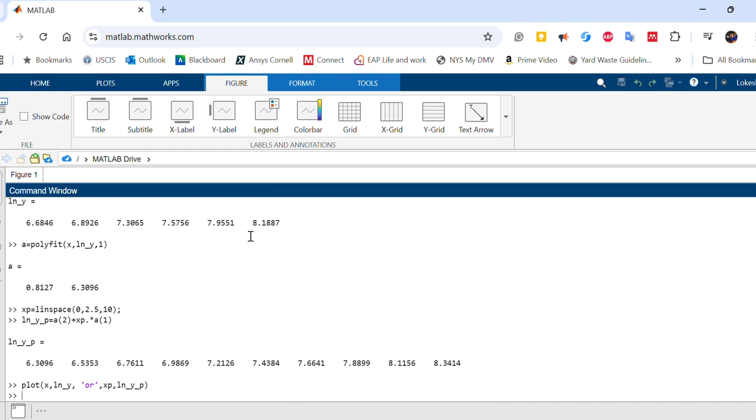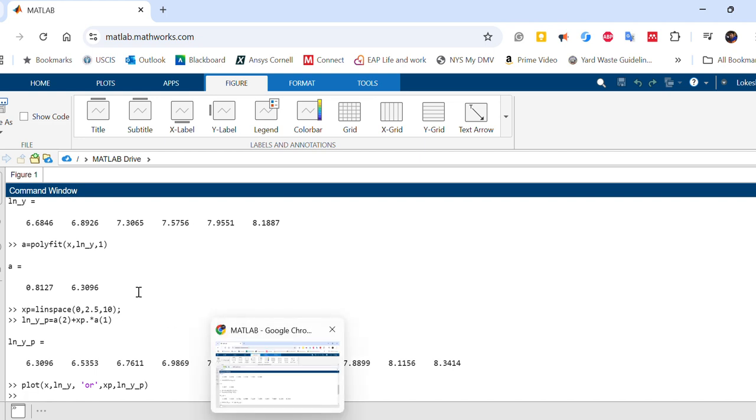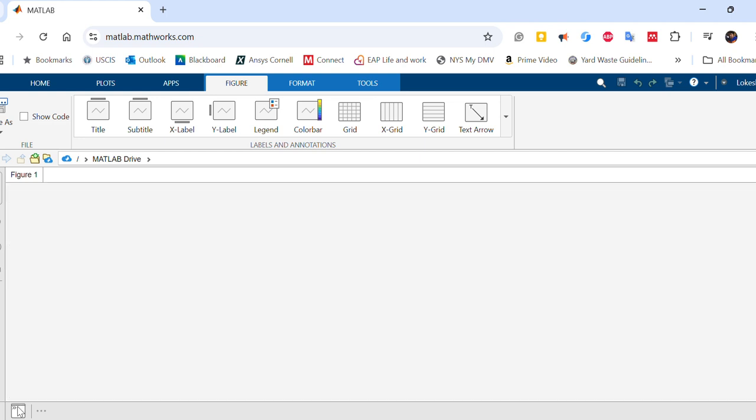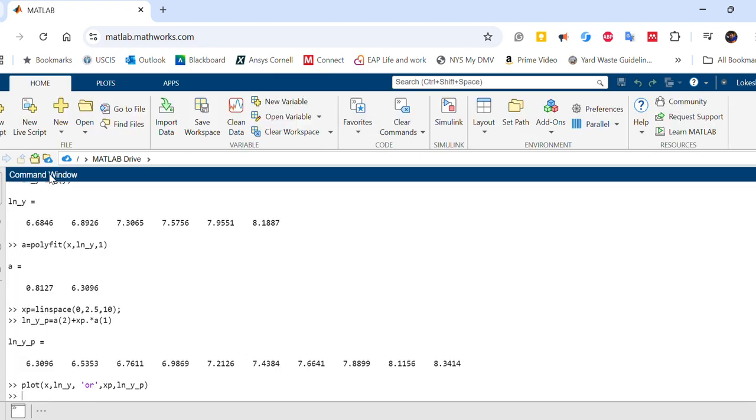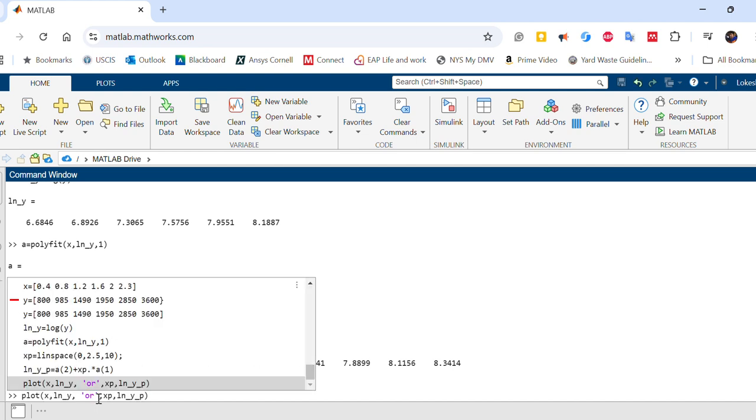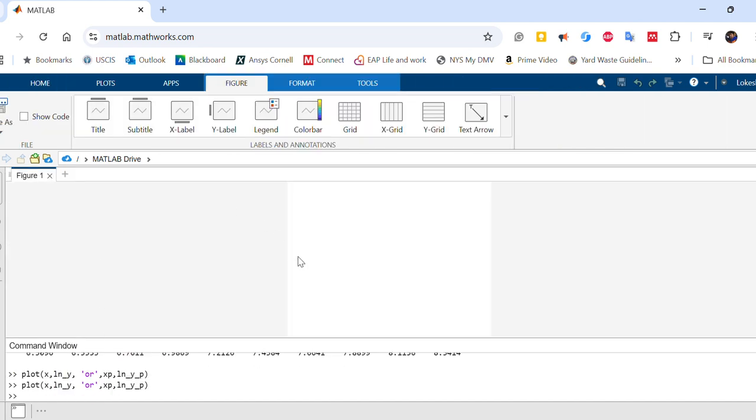If you look at the plot, right here is the values that I plotted and I predicted. Is this the values from 6 to 8? So it's very similar to the one